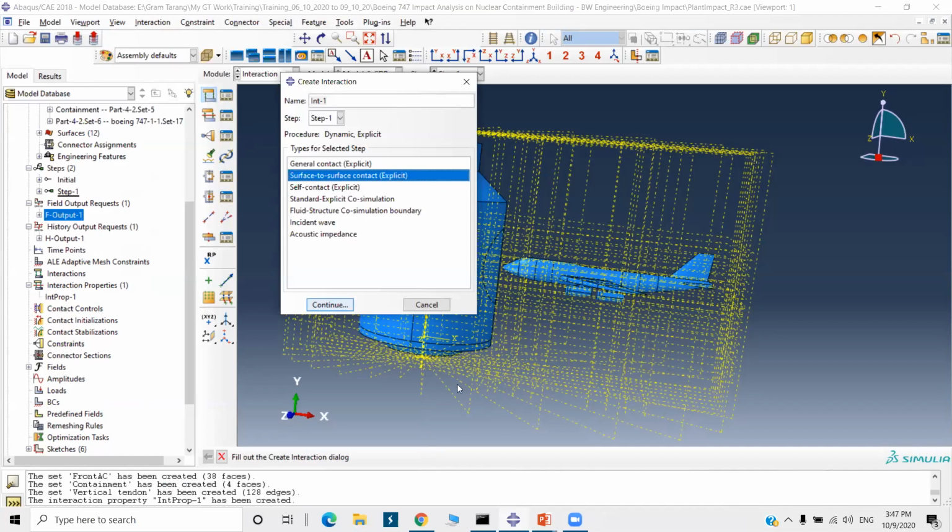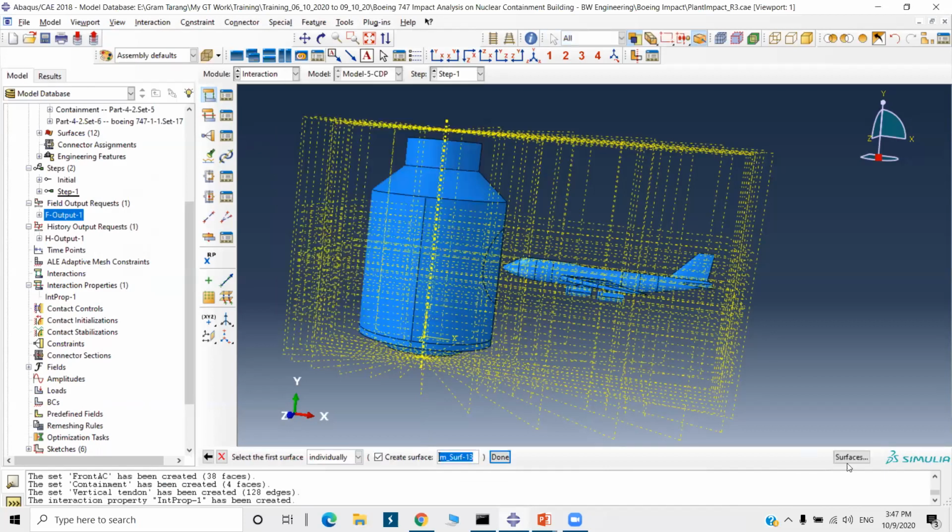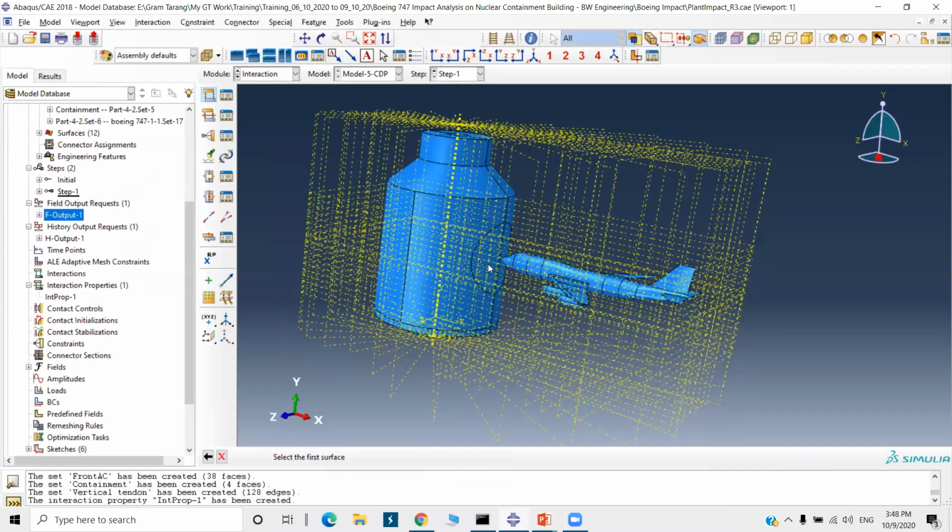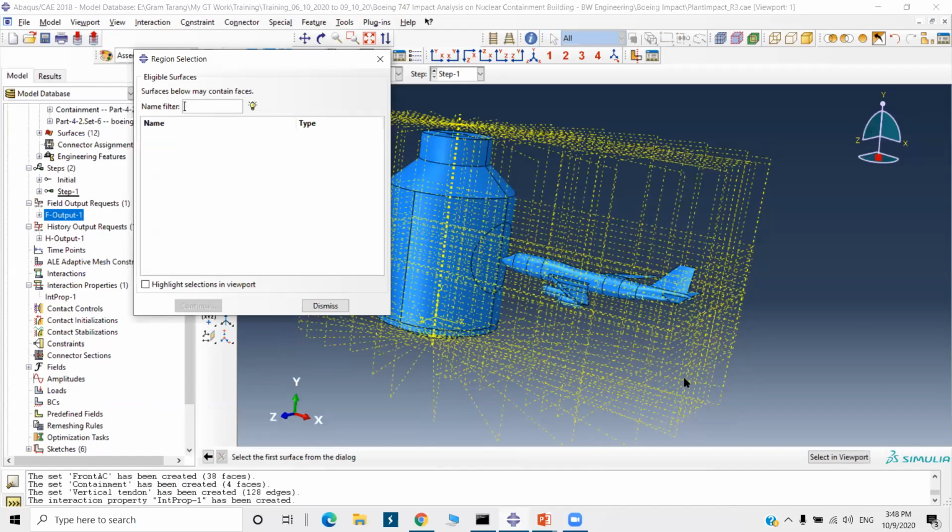Continue. Now select the first surface. I will go to these surfaces. We have already created a set. Okay, it is not showing here. So I will directly select it from here.